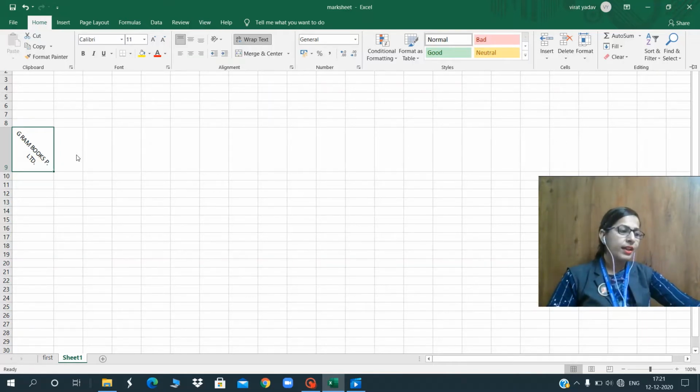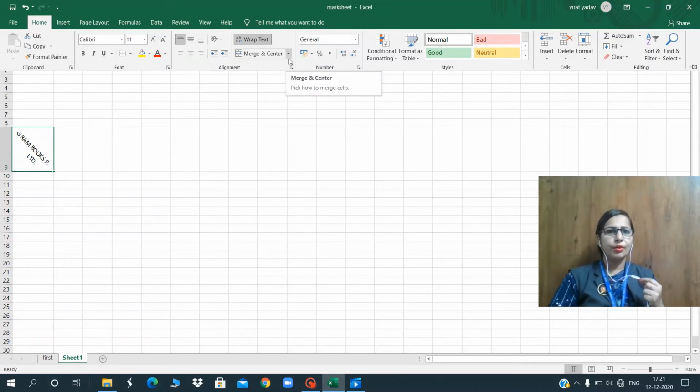Okay. Inserting rows and columns. Just go to the Home tab. I want to insert a row above this. In the Home tab, there is an option to insert a row and column in the Cells group.